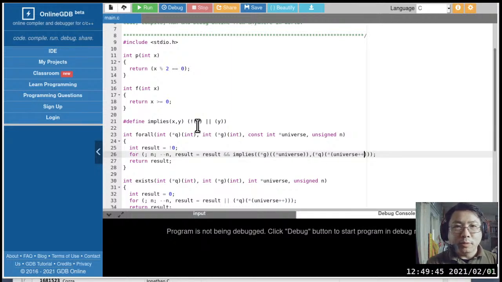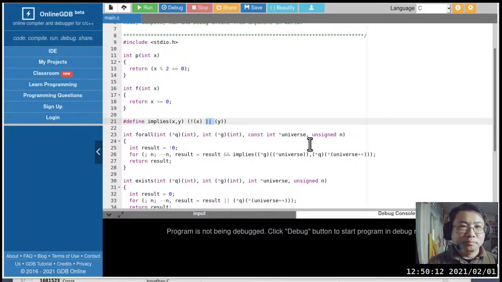Okay, when we have a, let's see. Oh no, this is fine. This is fine because the logical OR operator does enforce that the left hand side is evaluated first, and then the right hand side. Oh, then we have a problem, don't we? Okay. How many people are seeing a problem here? The post increment can be an issue, and it has to do with the logical OR operator. Okay, I'm going to let you guys think about this for a little bit, like 10 seconds, and then I'll give you the answer.